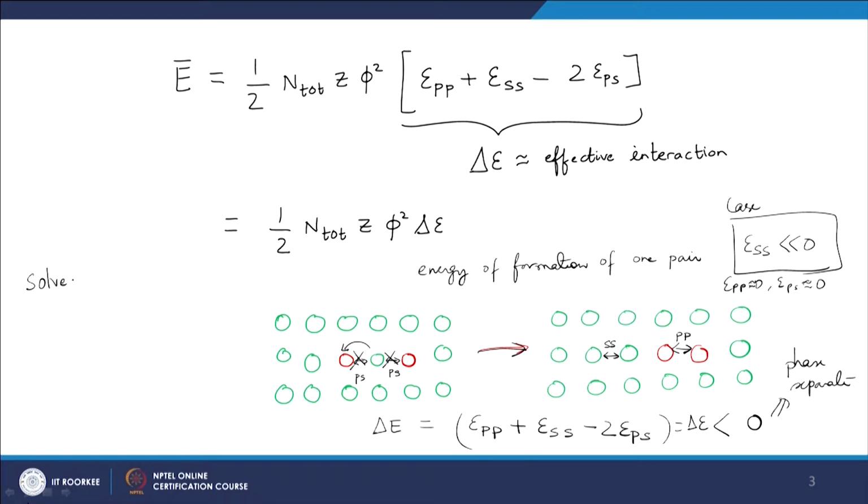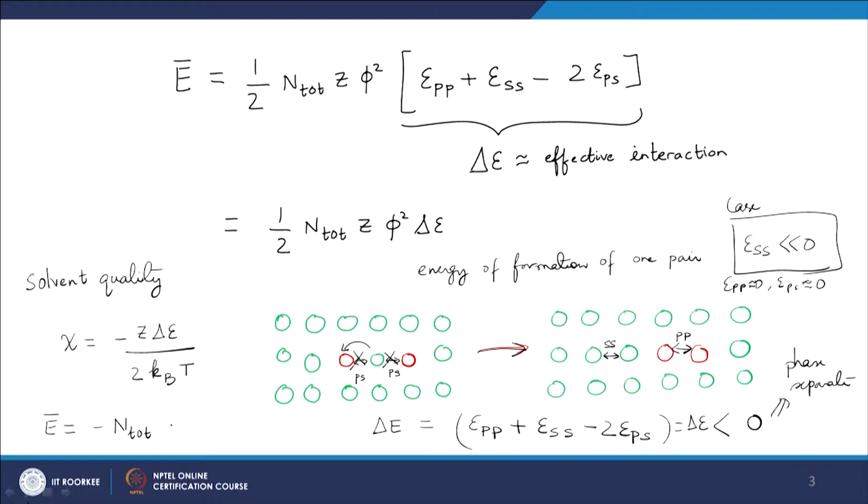So, we will define a quantity called solvent quality chi, that is defined as minus z delta epsilon divided by 2 kBT,